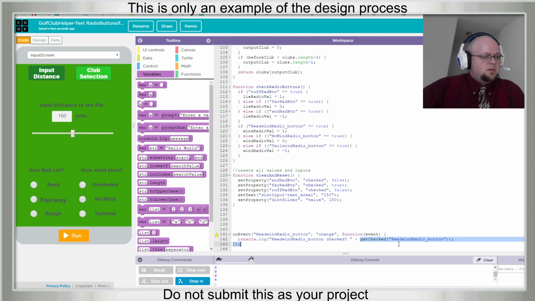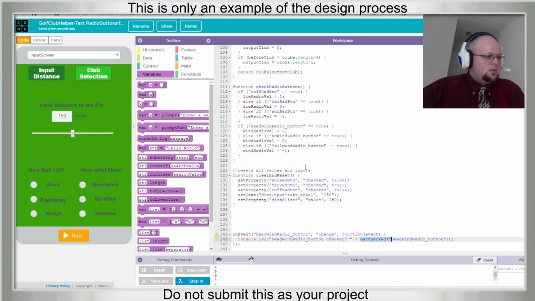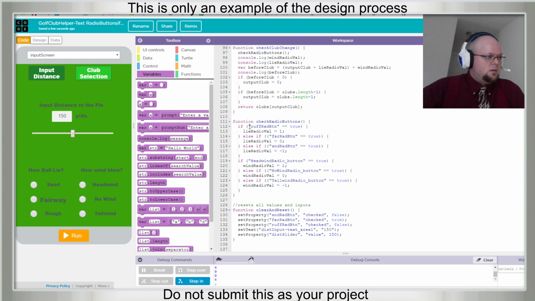And let's go. At the end we're going to need a quote and a parentheses. Red radio button.